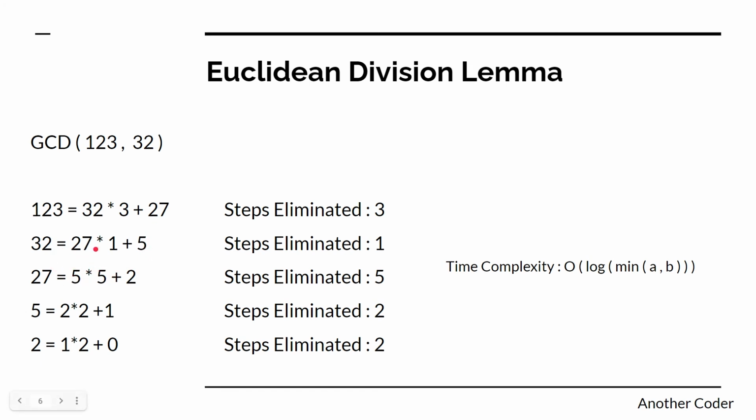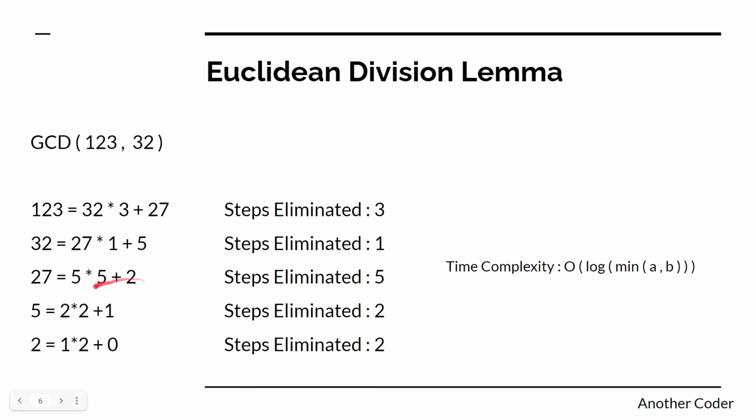So it's the same method that we were using earlier, that GCD of A comma B is equal to GCD of A minus B comma B. But instead of subtracting B each time, like we would have to subtract 32 3 times from 123, we just take the remainder, because we know we don't need to subtract it unnecessarily 3 times. We just know that after subtracting, 27 would come as the remainder, the smaller number afterwards. So we can just avoid these three steps. In fact, in this case, one step would be consumed in this method, or if you take directly A minus B comma B, then again one step would be consumed. So here you can skip 4 steps.